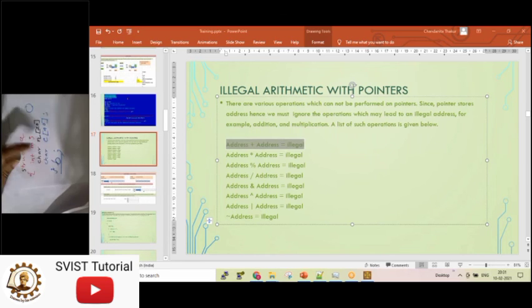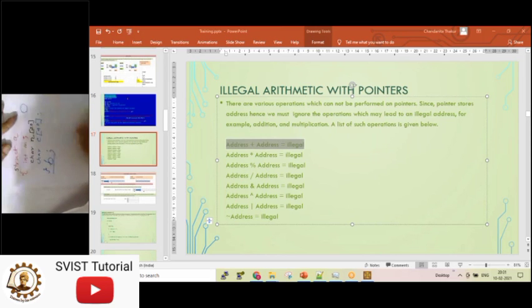So B consists of one integer. If it is 4 bytes, so 4 plus character takes 1. So 20 elements of character means 20 bytes. This is also character. Each character 1 byte means 40. So 40 plus 20, 60 plus 4 or 2. If it is 2, so 60. 2 bytes of memory will be allocated for B.